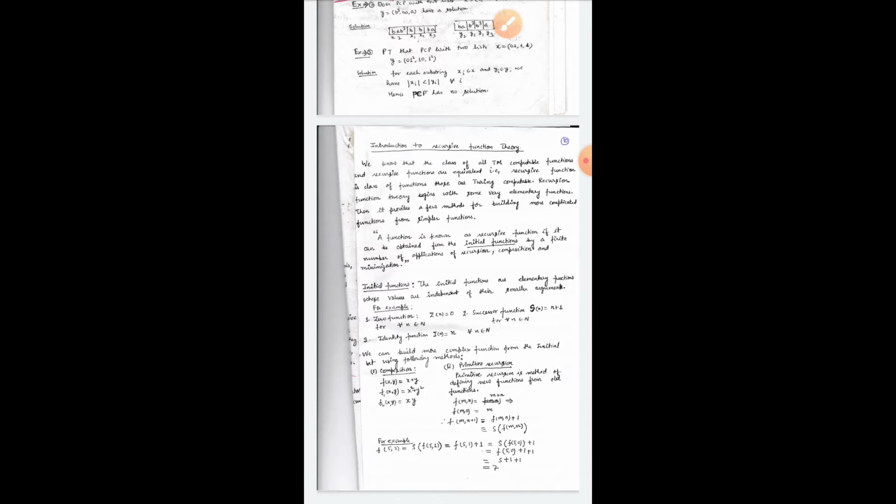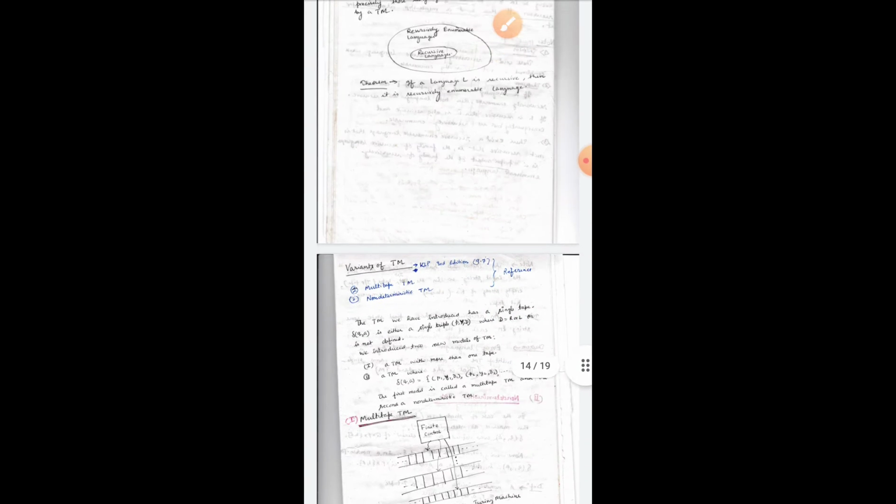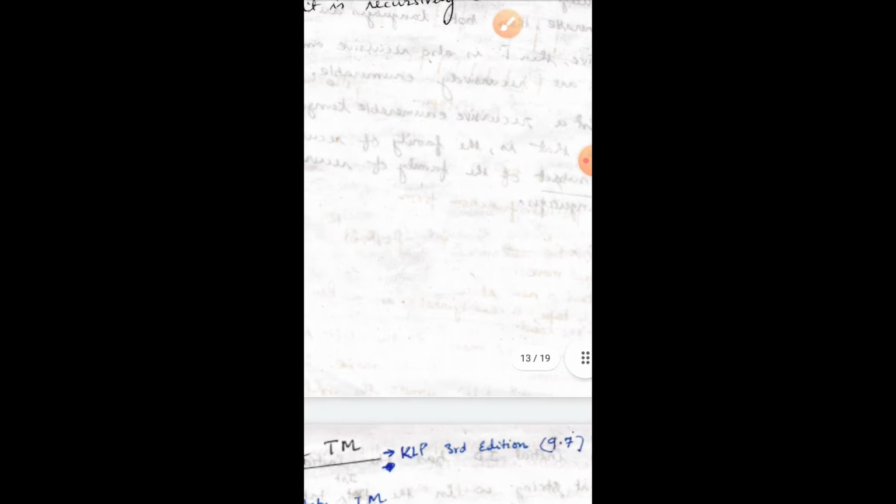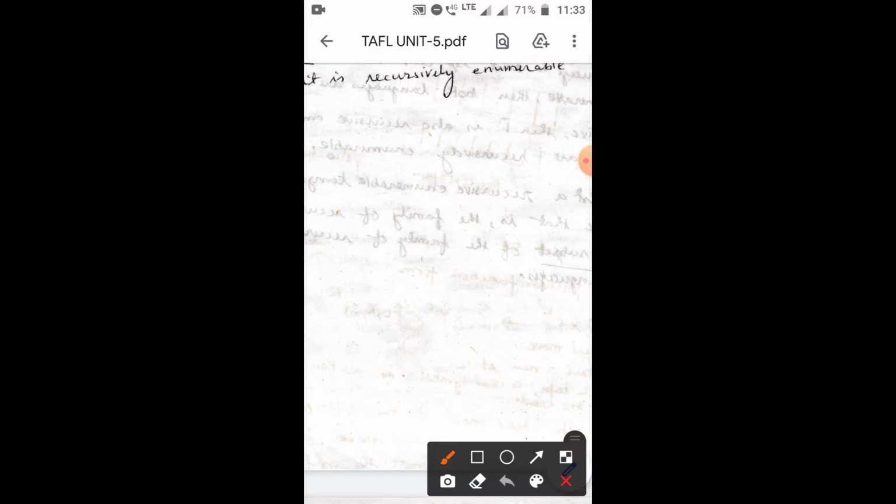In the syllabus, the first unit is about DFA and NFA, means finite automata, where we have covered a lot of things. Unit 1 is about finite automata.